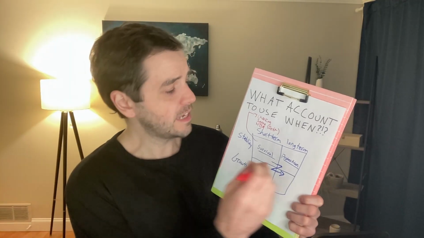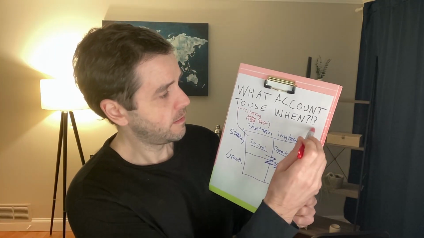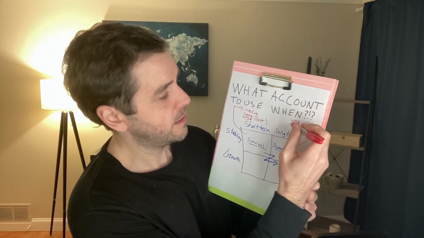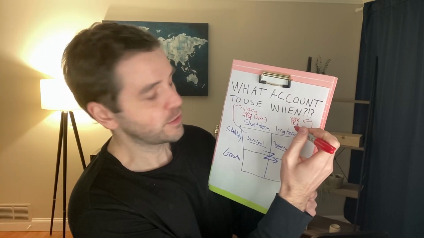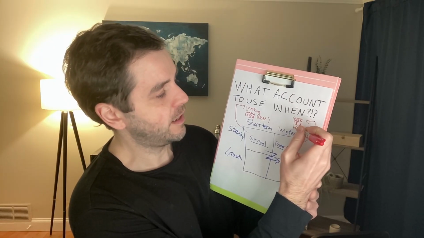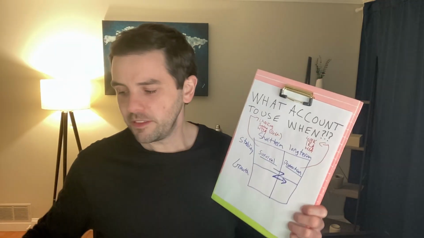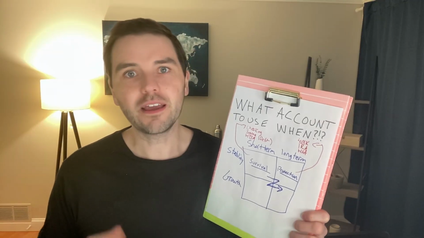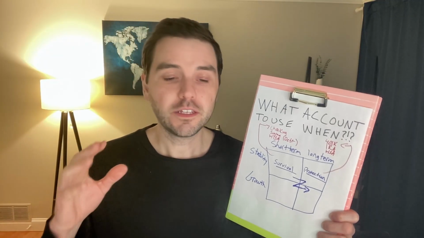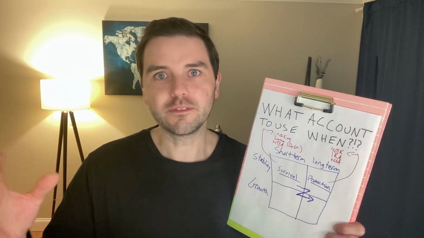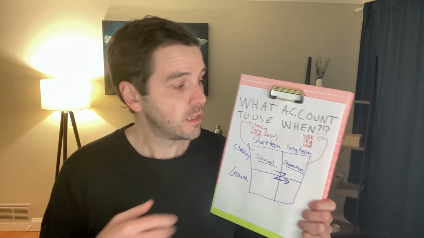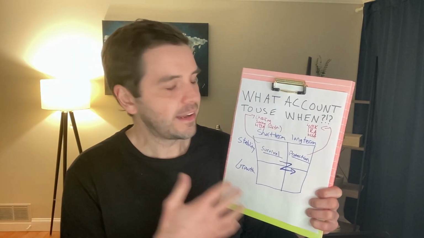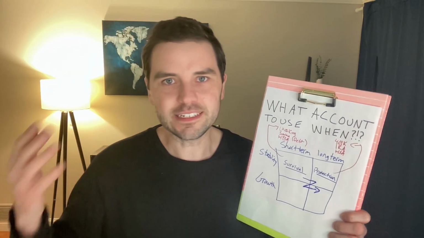So the type of accounts here are things like the traditional 401k, IRA, Roth IRA, traditional IRA, and then maybe a health savings account, okay? This video isn't really meant to go deep into what all of these accounts are, because if I said, do this account, do that account, that defeats the purpose of what I was trying to do in this video in the first place. What I'm doing here is just sharing generalized accounts that people know and have heard of, so you can conceptually gain the idea of what we're talking about.